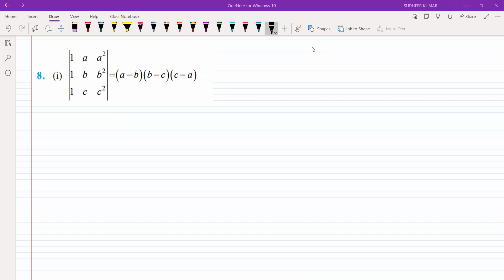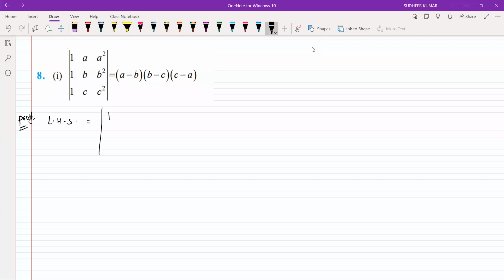Here also we have to prove this statement. So we have to start with LHS and try to get the RHS. So let us go to the solution. Sorry for that. When they ask to prove or show that, then write proof. In the previous questions, even if I mentioned solution, while writing you should write proof. And then start with LHS.